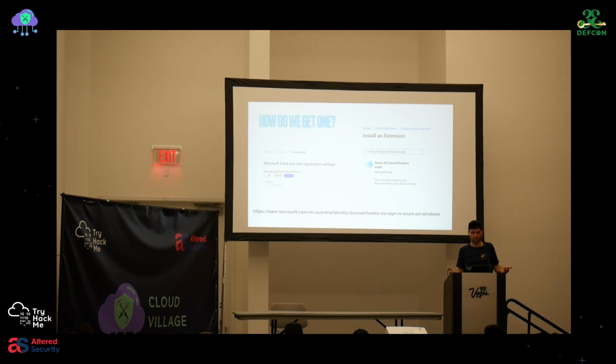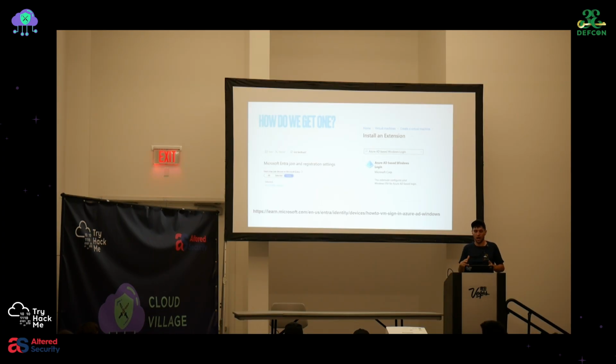So how do we get one as an attacker? We're faced with potentially a couple of problems. One, there is this control policy that we can see. Now by default, it's set to all. That surprised me a little bit. But this control policy doesn't apply to guests. By default, even if this is set to all, guests are not allowed to join devices into